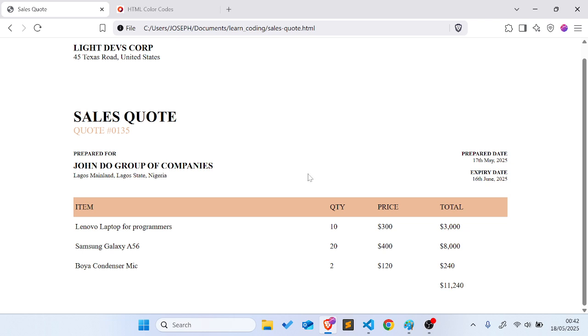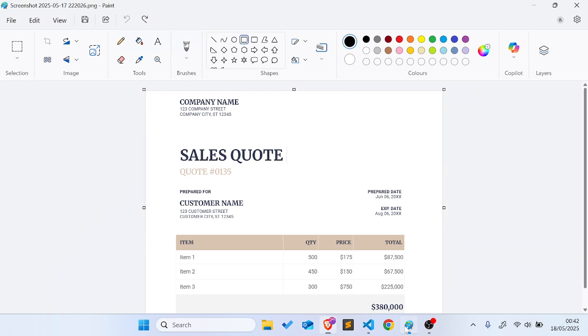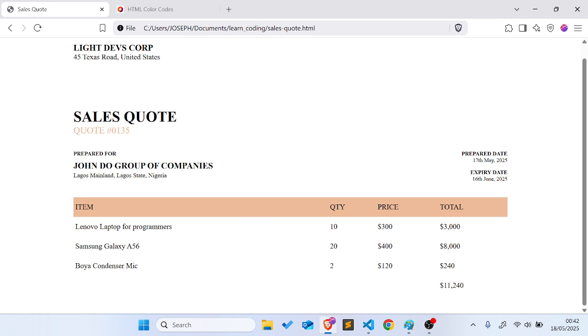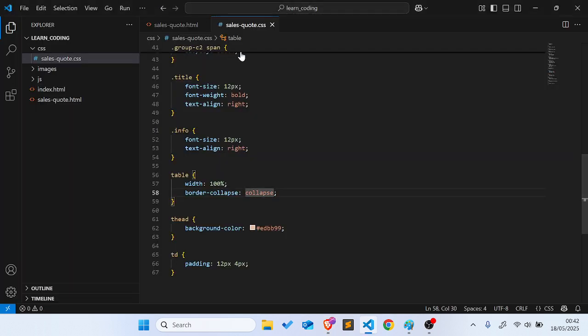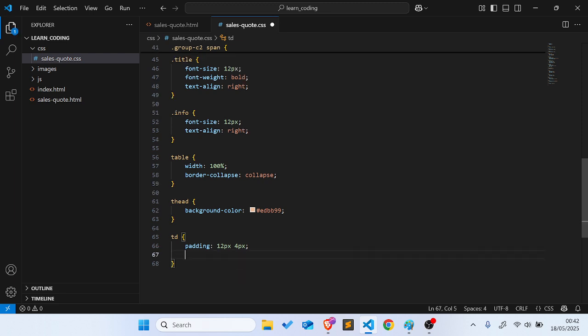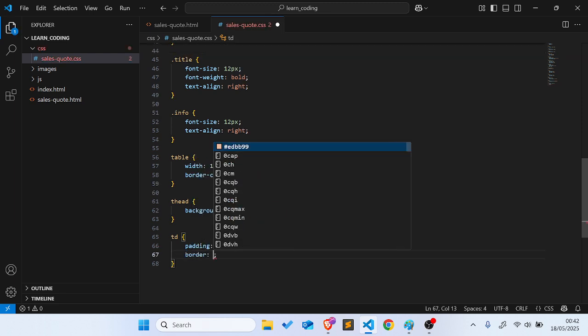Alright, so what is the next thing I have to do? Next thing I have to do is this. Let's see what we have here. There's actually a faint line here and here. Okay, so how do I achieve all of that? Line, line. Okay, what if I simply add a border to all the table data? Let's see. So I am going to all the table data. I'm going to add